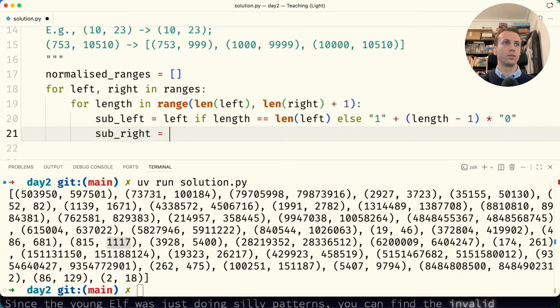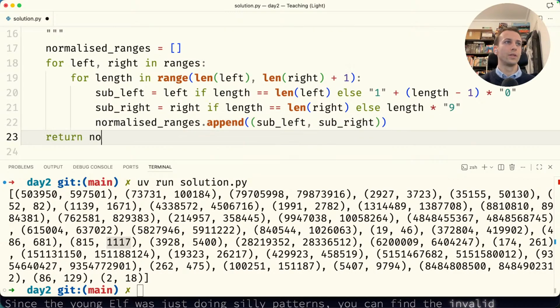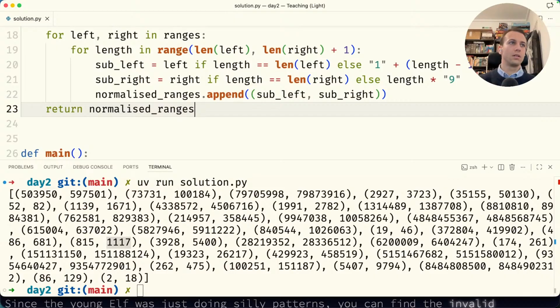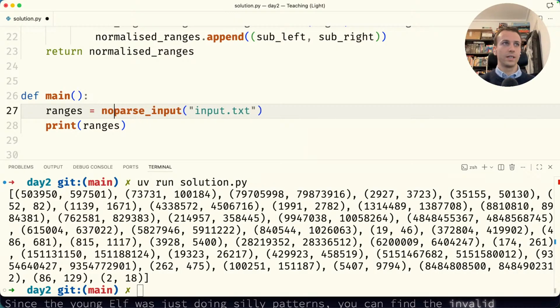And the right endpoint of the sub-range, it's either going to be the original right endpoint if we are at the end. Otherwise, it's going to be a bunch of 9s. Now we take the normalized ranges, we append the sub-range we built, and when we're done, we return the normalized ranges. All right. Now let's take the original input. Notice how the second range here goes from 5 digits to 6. But if we normalize it,